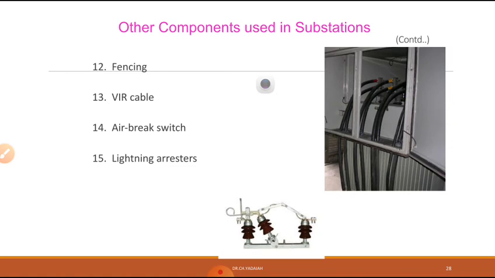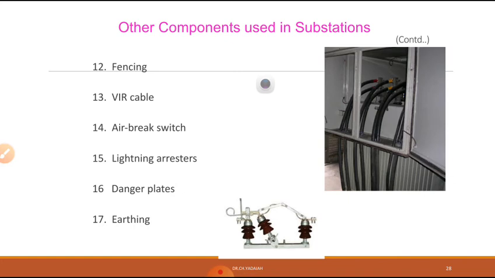Now coming to the lightning arresters, already we have seen. There are different lightning arresters: horn gap lightning arresters, valve type lightning arresters, thyrite type lightning arresters, and different types like rod gap and sphere gap, generally used based on the voltages and based on the importance. And danger plates also, for the HV system we have to keep the danger plates.